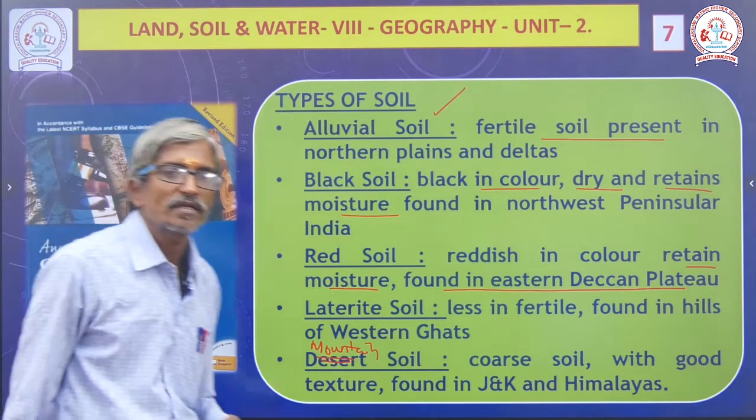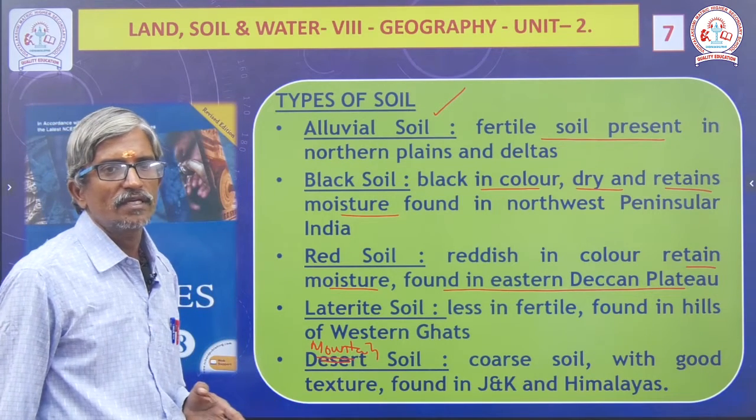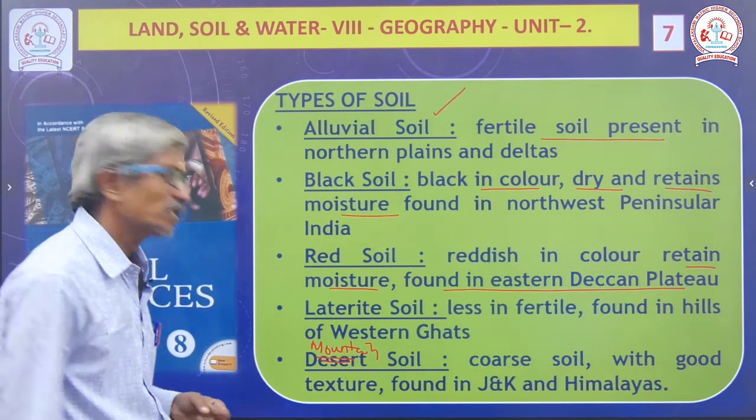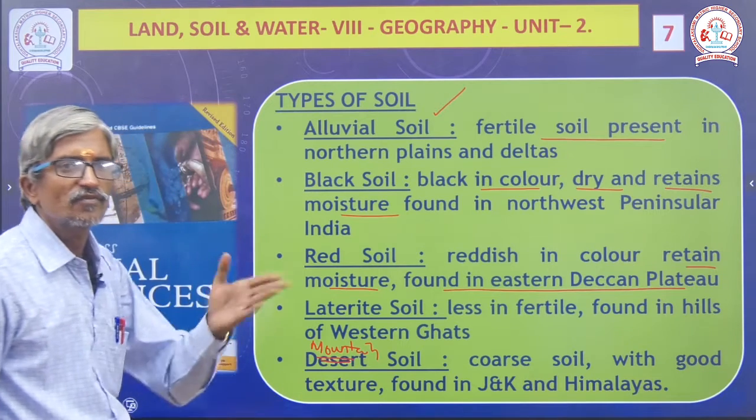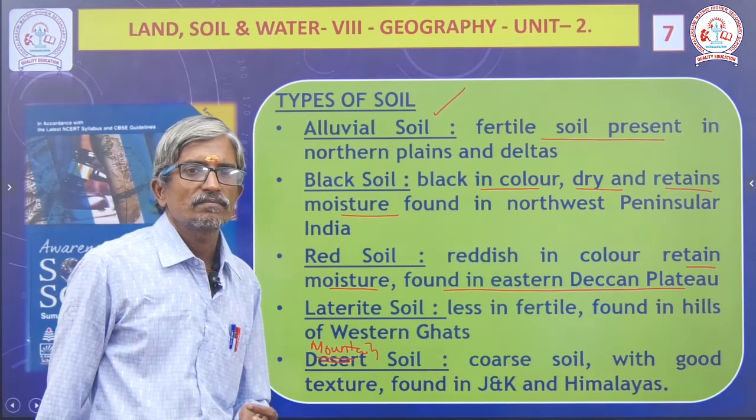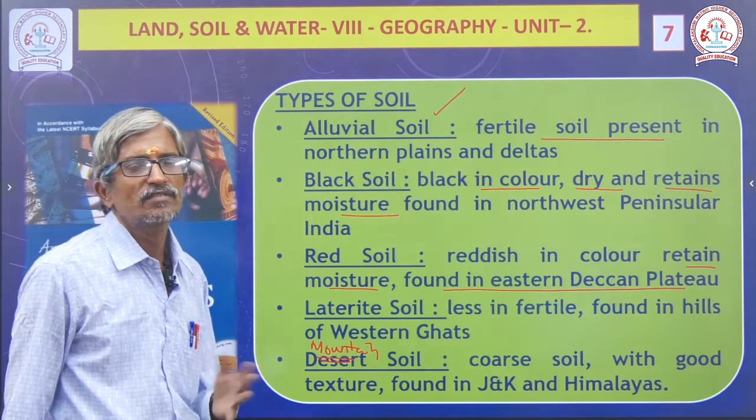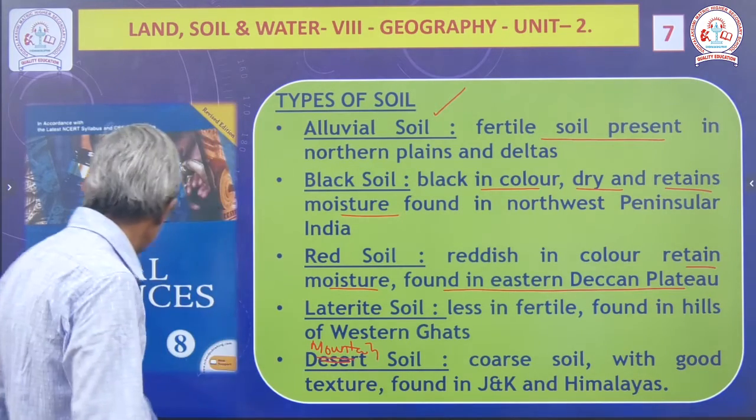Okay. Mountain soil is found especially in Jammu and Kashmir and the Himalayas, and another one, desert soil, is found in the Sahara desert and Thar desert. Sahara as well as Thar desert are among the best examples. Next,